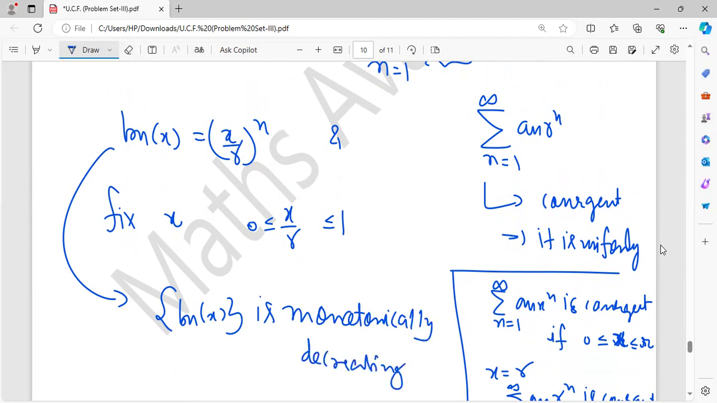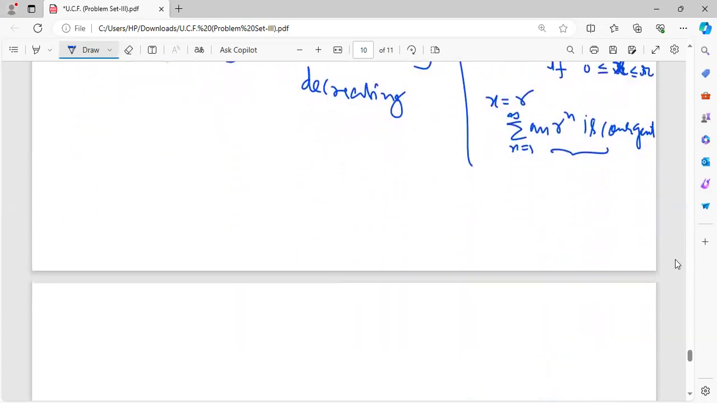If you take any x in this range, then x upon r will be in this range. If you put x upon r equal to 1, then it will be 1, so the constant function is also monotonically decreasing. If you take a value in between, its power will make it decrease. So it is monotonically decreasing. Now this series is uniformly convergent by Abel's test,